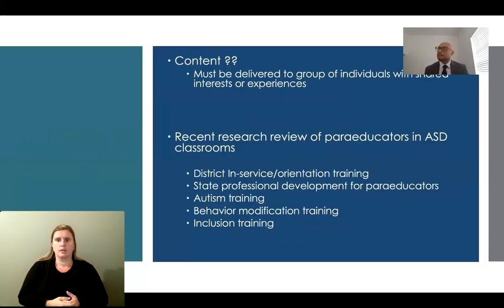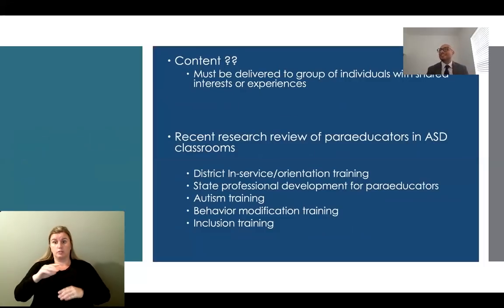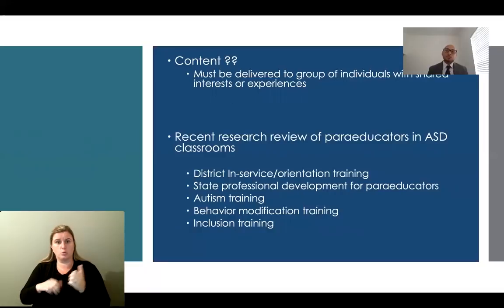What about the content of these kinds of trainings? Well, we can really meet the individualized needs of every peer educator with this kind of training. That's why this training must be delivered to a group of individuals with shared experiences of interest, okay? So there has been a recent review of peer educators supporting students with ASD in classroom and the kind